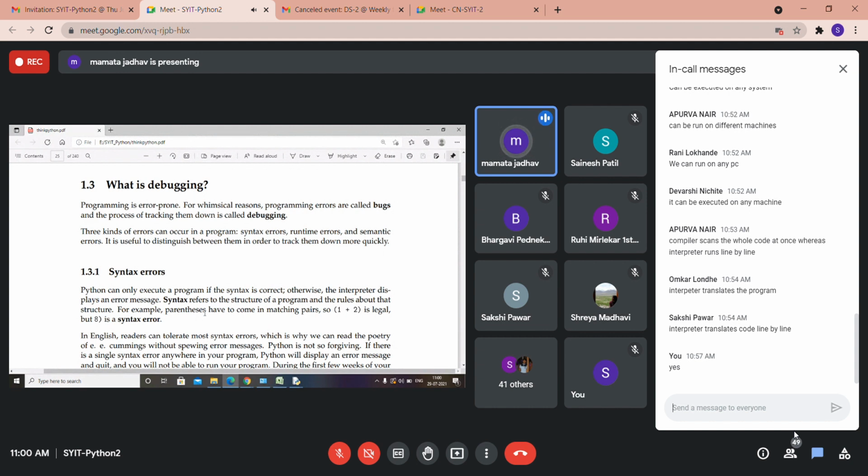Before going for debugging, you should know the types of errors that can occur in a program: syntax errors, runtime errors, and semantic errors. So what do you mean by syntax errors?